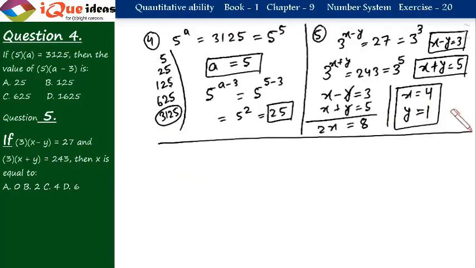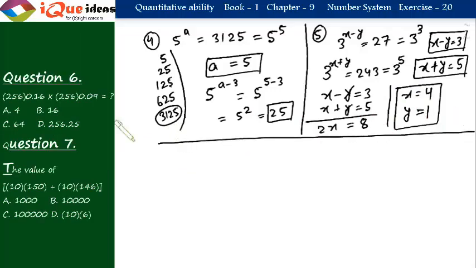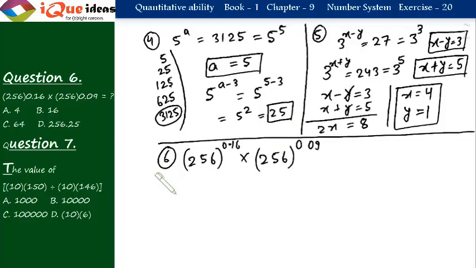Now let's take question number 6. Question number 6 is 256 raised to the power 0.16 into 256 raised to the power 0.09. Alright. So if the bases are same, the powers will get added. So it becomes 256 raised to the power 0.16 plus 0.09,